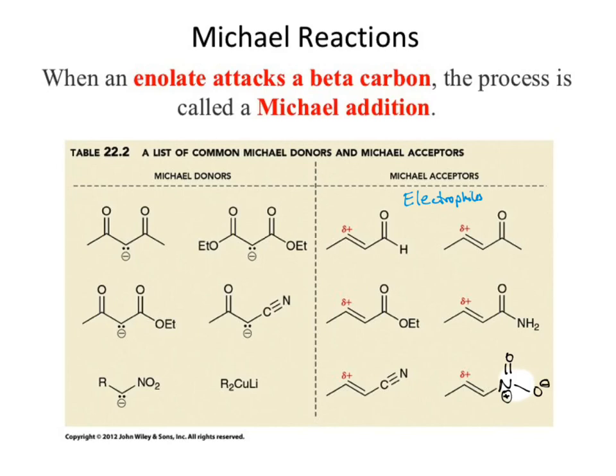Okay? What about the donors? Well, what are they donating? Electrons, which makes them nucleophiles. When we go through and look at each of these nucleophiles, what do each of these have in common? Lots of resonance. They're between two. We don't see single enolates. Why do we not see single enolates? Single enolates will do 1,2. Michael is specifically about 1,4. We need 2 resonance structures to stabilize that carbon nucleophile for them to be an official Michael donor.